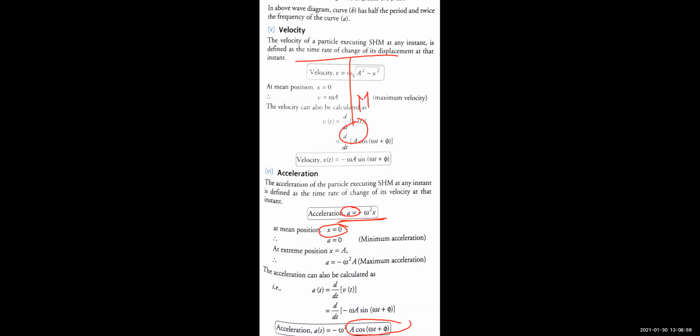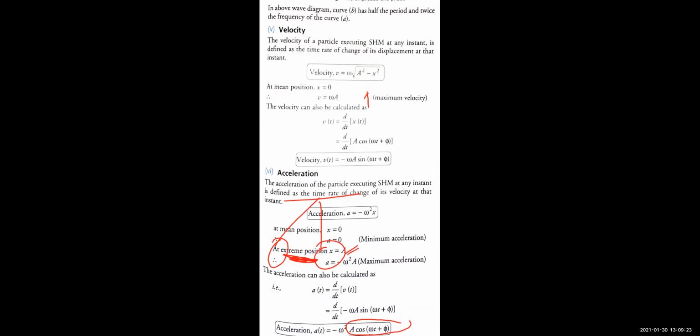But if it is at an extreme position, suppose your pendulum is at the left extreme position, suppose it is over here, that is, this is a pendulum and it is at the left extreme position over here. So when it is at the left extreme position, children, at that time what will happen, the displacement is x, displacement is a.